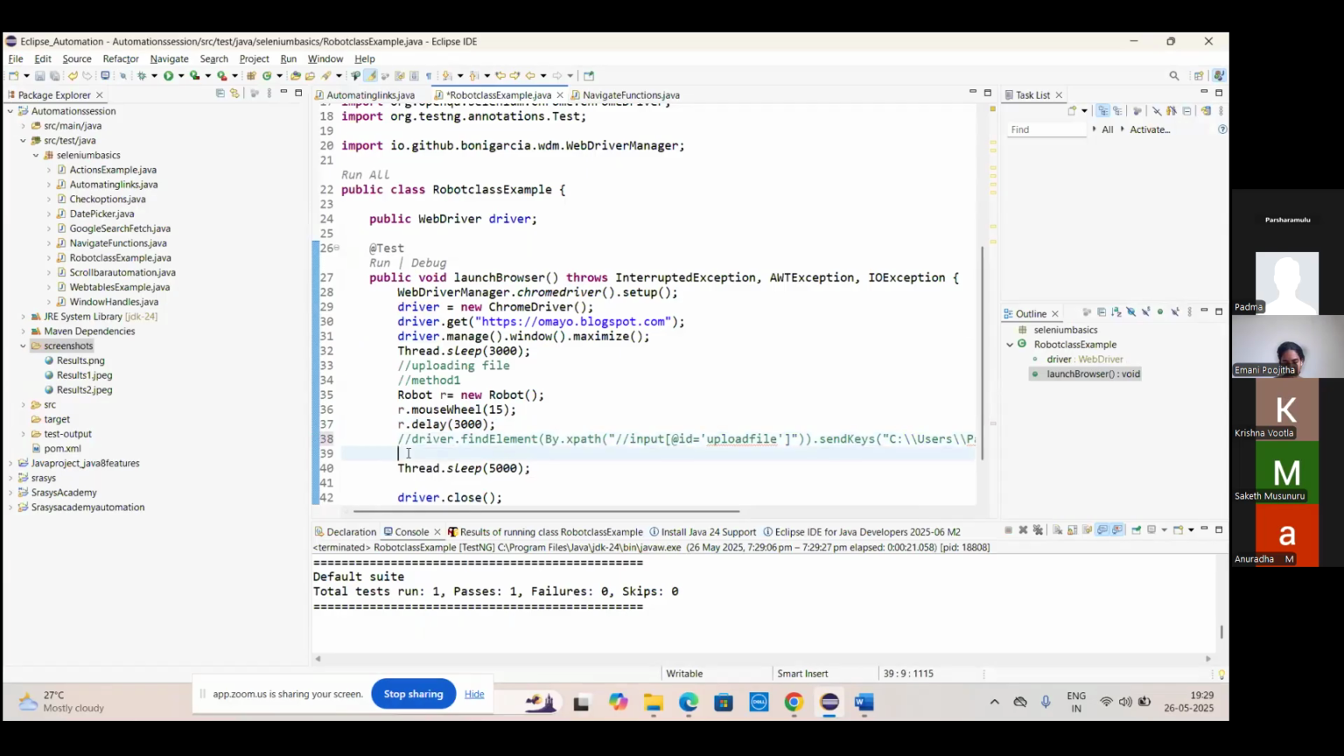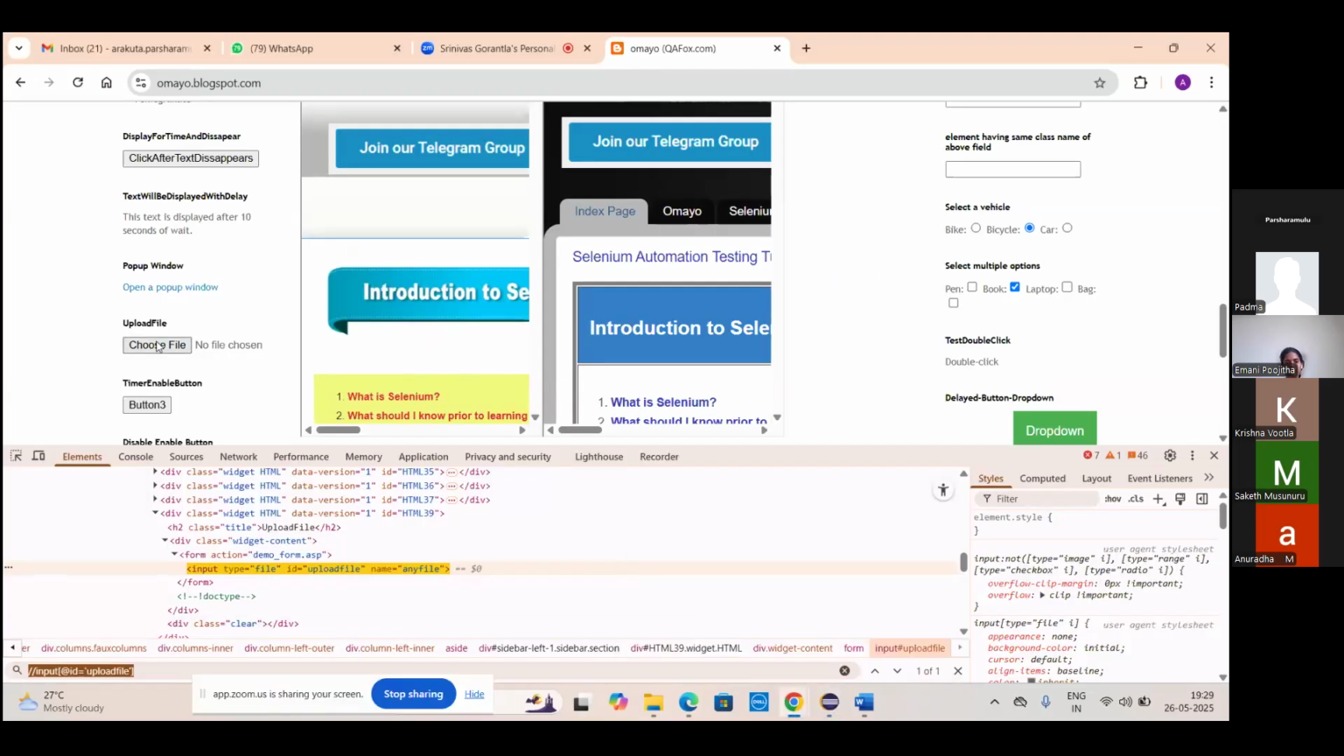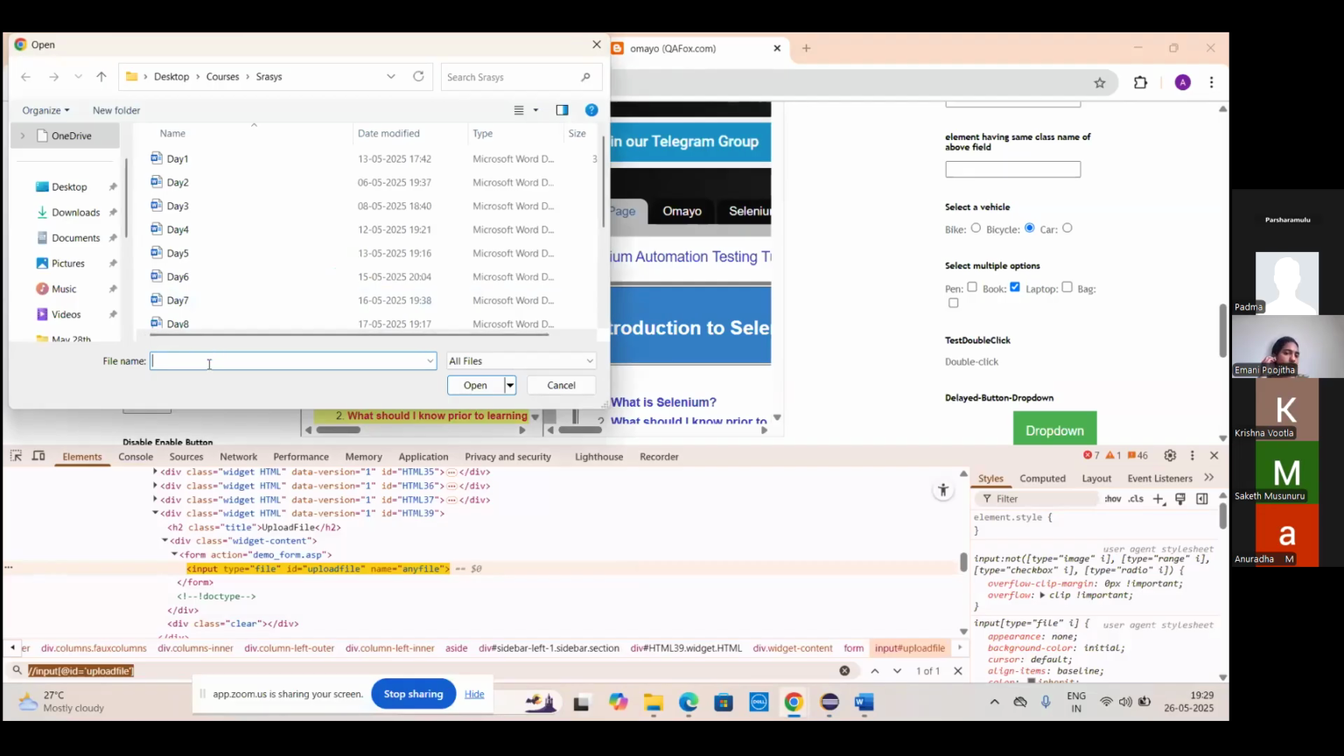Now what we need to do first, we'll do manually. We need to click this. It will open like this. Which document you want to upload, you need to paste its path here and click on open. Yeah, here you need to put the path, and if you click open,